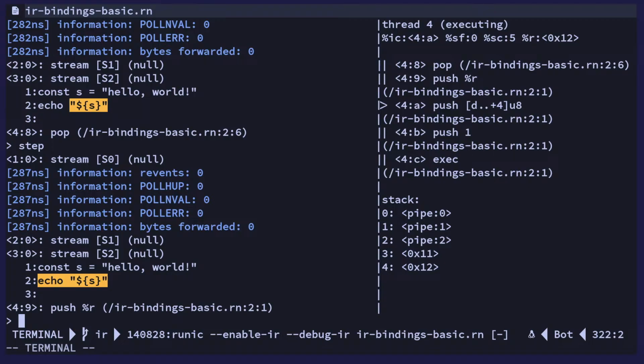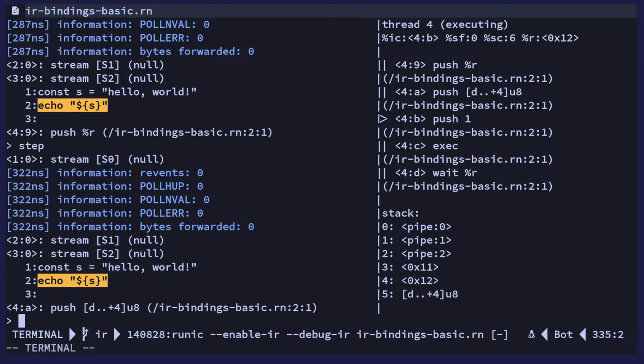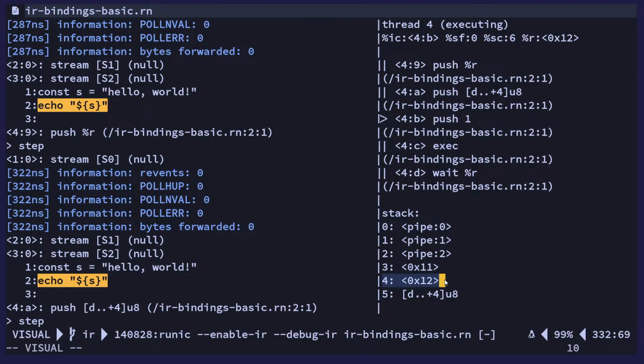Okay, and then we push something, yeah, that's the echo, literally echo, and then we push 1 for, so now we have the arguments. You can see here 4 is pointing to 12, which is the string rope thing